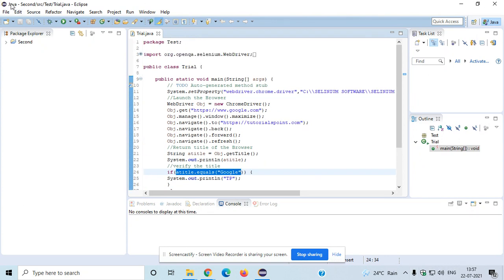You can observe here the Java environment is taken, and second is the project name, and source is the project related source where we'll be saving the package, like test that is being given here. That is the package name, and trial is the class name that I have given in the program. The extension of the file is .java because we are using Java programs here, and this is the package explorer